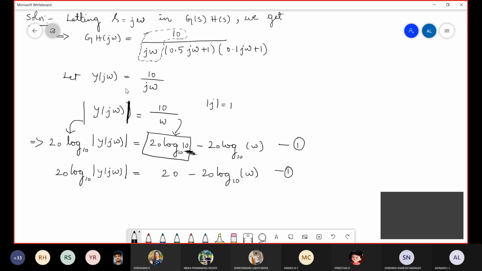So now here what is the problem? Don't call it an equation. The problem is we don't know the value of omega, the initial value of omega. So what exactly we do is we need to consider the first instant, that means the initial value for omega.